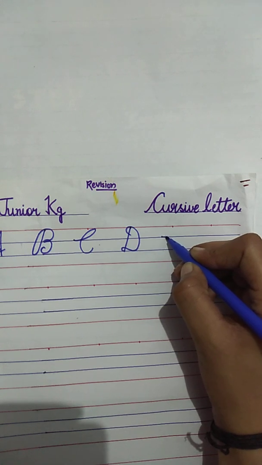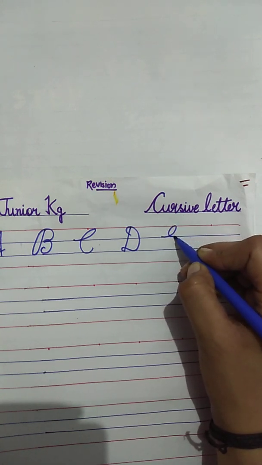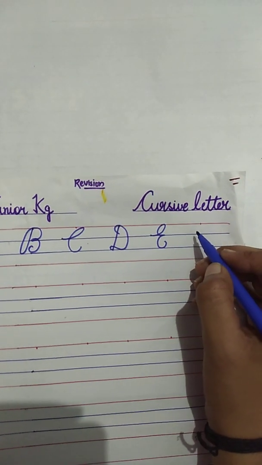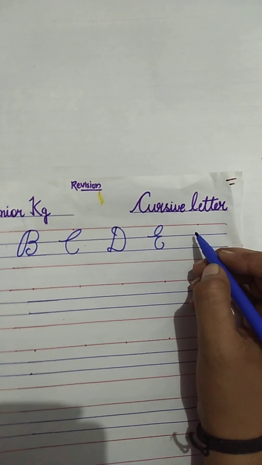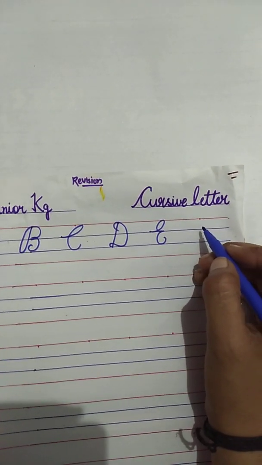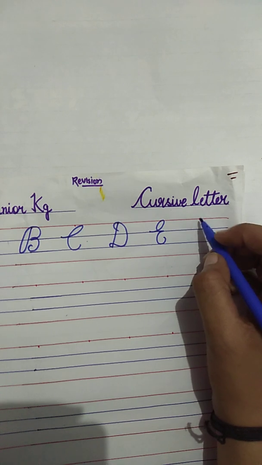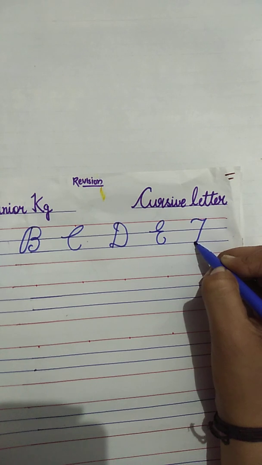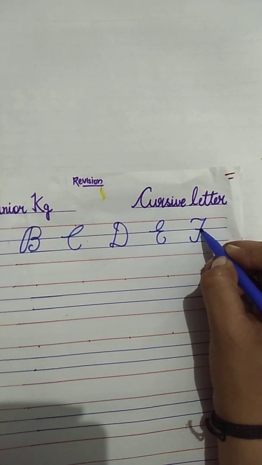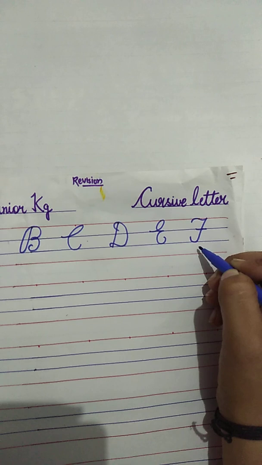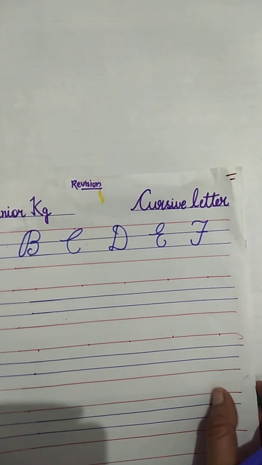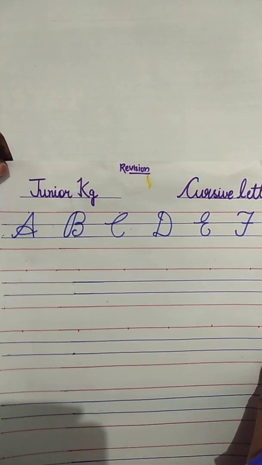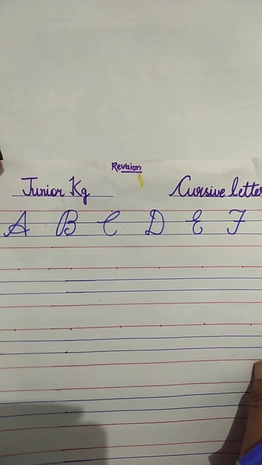See here. Draw a curve, a semicircle, one more semicircle. E for elephant. Now tell me the next letter. E for elephant के बाद next letter क्या आता है children? F. F for fish. See here. You have to draw a curved line and a slanting line. Then again a curve and a sleeping line on the first blue line. F for fish. The spelling of fish is F-I-S-H. Fish.